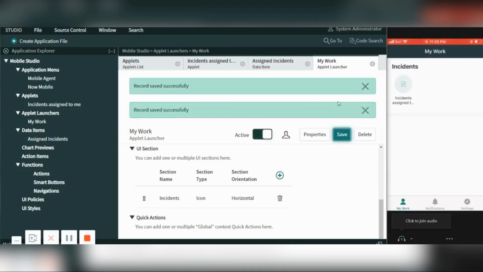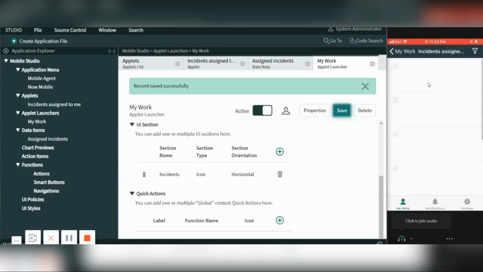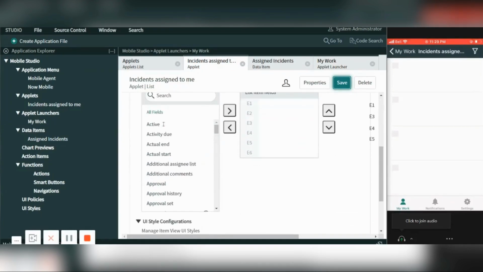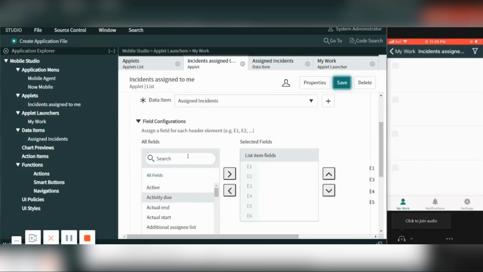If I click on the incident assigned to me applet, it should show the list of incidents. You can see the list, but the information is not there in this particular list. Why? Because in our applet list screen, we have not defined the fields that need to be shown on my applet screen.